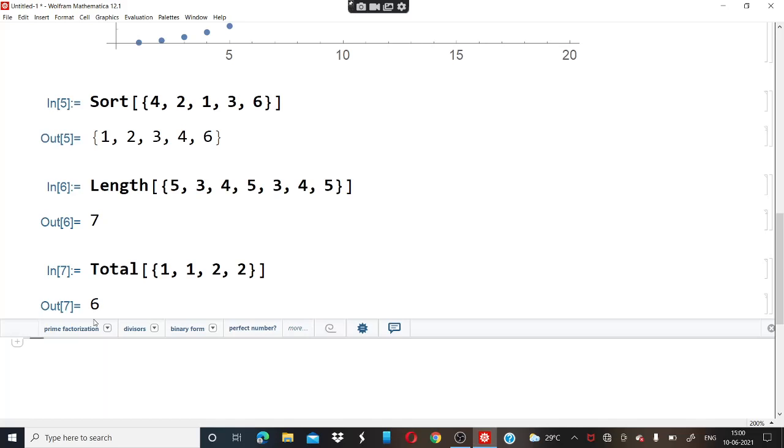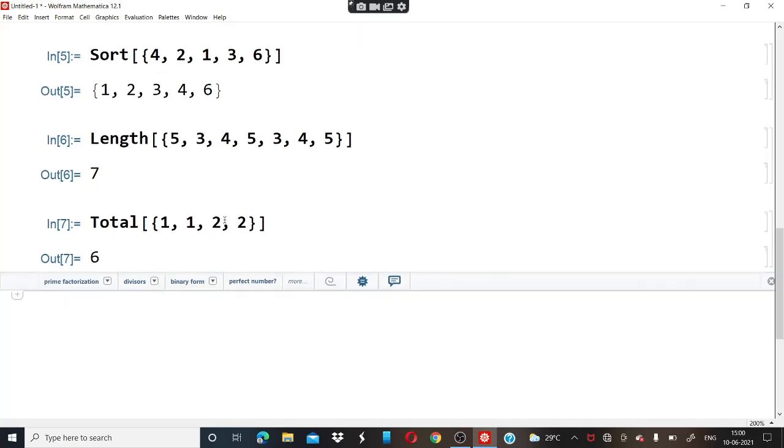Now here we have only 4 numbers and we have to do its total. Now let's assume that we have more than 4 numbers. Let's take 10 as a number. So for that we are not going to write 1 comma 2 comma 3 comma 4 up to 10. Maybe it can be 100 sum or 1000 sum. So for that we are not going to write the elements by their individual names.